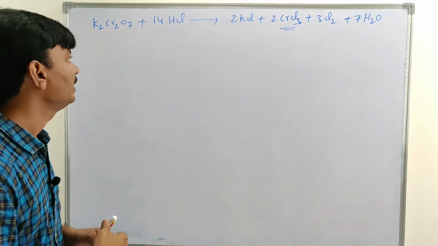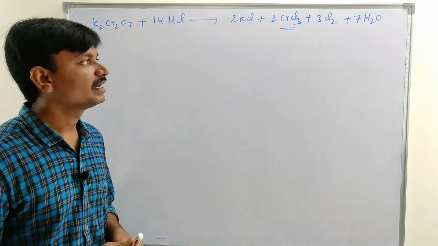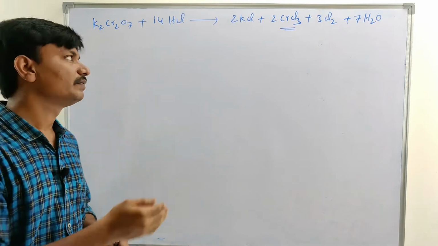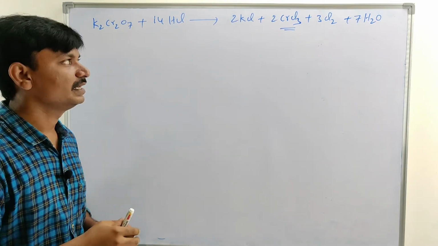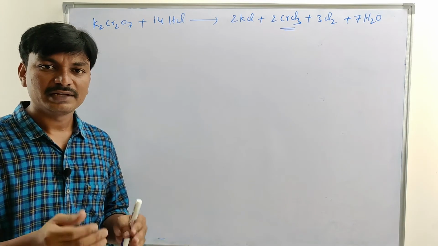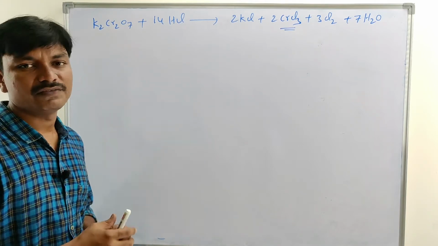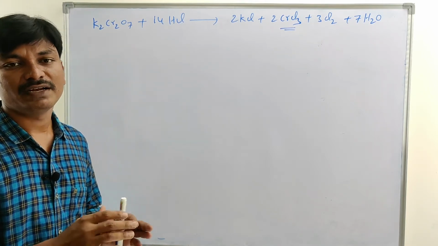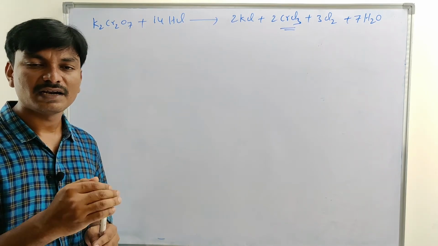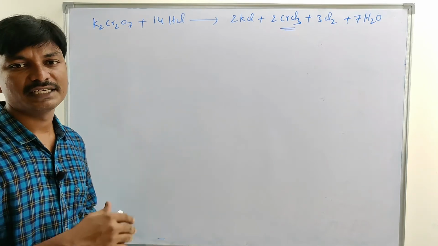Coming to another example. Here it is K2Cr2O7 in the presence of acid medium, and it will be converted into CrCl3. Then how to find the equivalent weight of K2Cr2O7 and HCl for the given conversion reaction? Equivalent weight of any component equals the molecular weight of the component divided by the n factor value. The n factor value mainly depends on changing or transferring electrons. It will be calculated by the change in oxidation number.